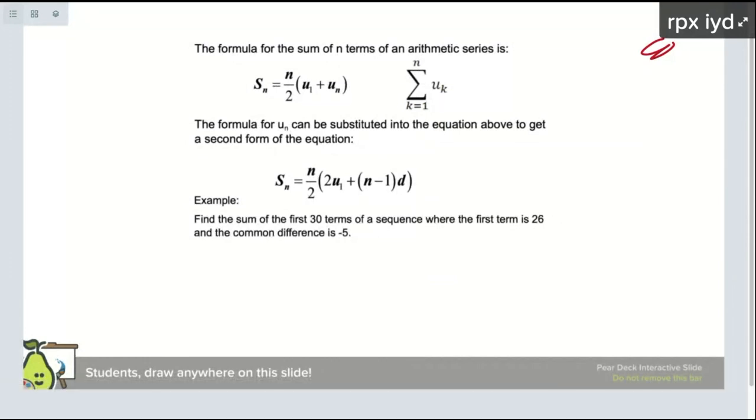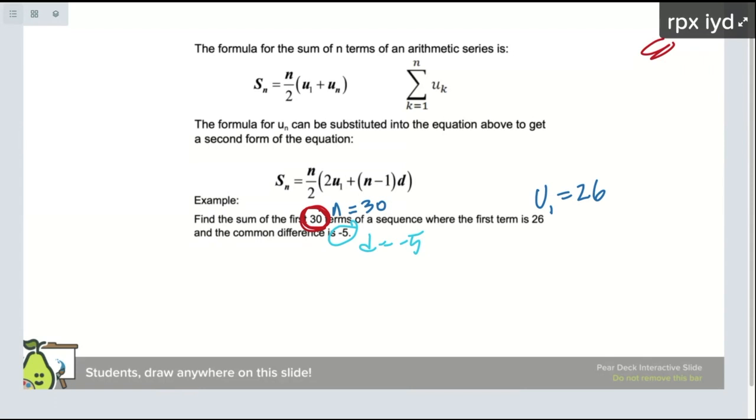So I have 30 terms, n is 30. And then it says the first term is 26. So I know that u1 is coming back to get me. u1 equals 26. So n equals 30, u1 equals 26. Common difference, this guy here, is -5. So d equals -5. To find the sum of those first 30 terms of some sequence, I have to use